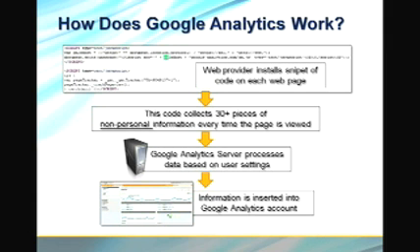To start out, so everybody understands how Google Analytics works, your web provider will place a very small snippet of code on your site, and that's right here. It's completely unimportant whether you understand this or not, but this is what goes on every page of your site. When somebody goes to a particular page of that site, what this code does is it records 30+ pieces of information about them, and then forwards that on to the Google Analytics servers. The Google Analytics servers process the information and put it in your analytics account. The Google Analytics servers do this several times a day, so